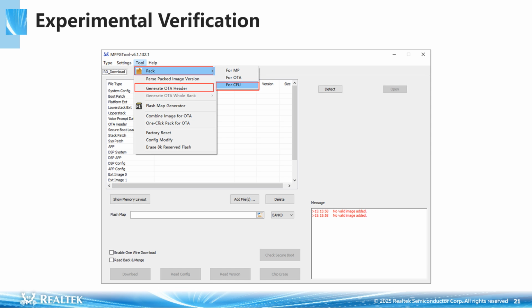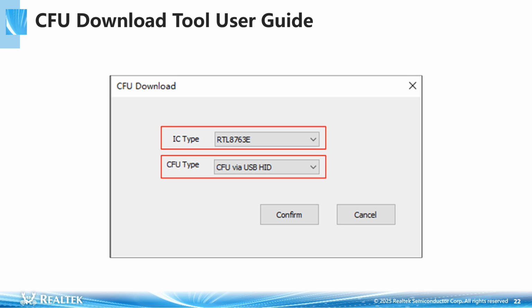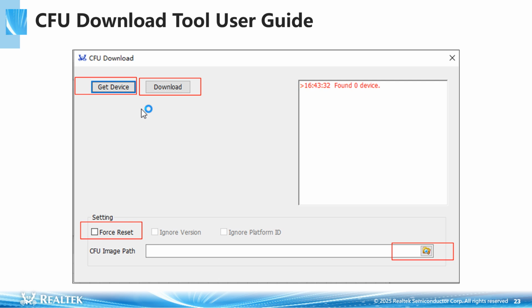After programming the application bin to the EVB board, testing can be done with a PC. The CFU packaging process is similar to OTA. Choose IC type and CFU type. Get device information and